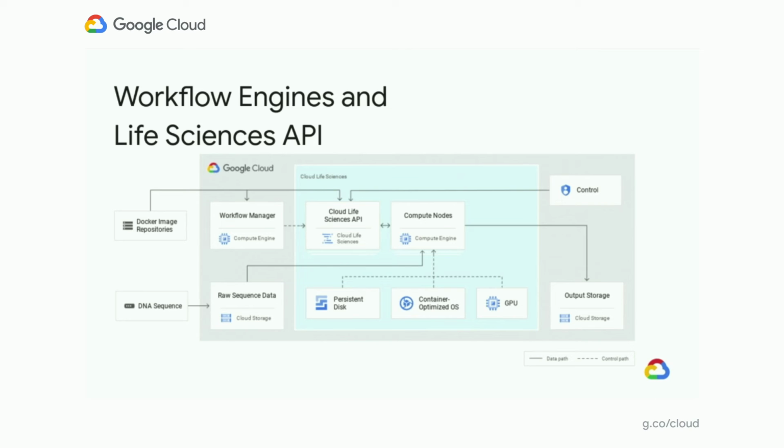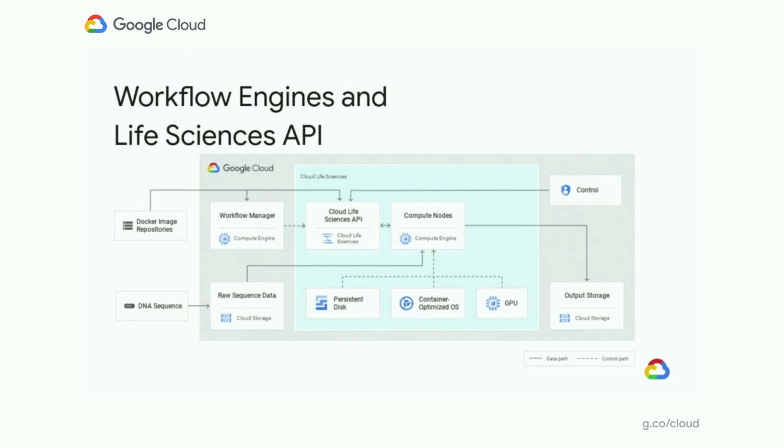The Life Sciences API was developed to enable workflow engines to take advantage of Google Cloud at large scale. This is a reference architecture for running workflows at scale in GCP. Raw data from sequencers or other sources would typically be uploaded to Google Cloud Storage, and the workflow engine would run on a Google Compute Engine or on your own infrastructure or machine, and then would make REST calls to